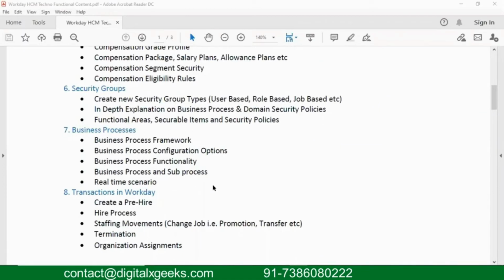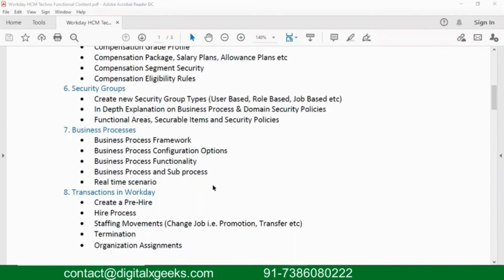So we generally do some sample transactions like promoting an employee, terminating an employee, or hiring an employee, how these transactions happen, and how you have to debug. Those are the basic transactions that we always do. Or let's say your client says that I want this cost center to be removed from this set of employees, then you have to know where you can remove it. That is again part of your organization assignments. So you have to go to that particular employee and start removing the cost centers.